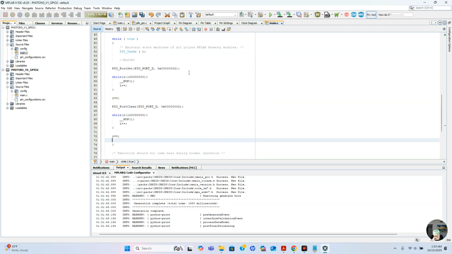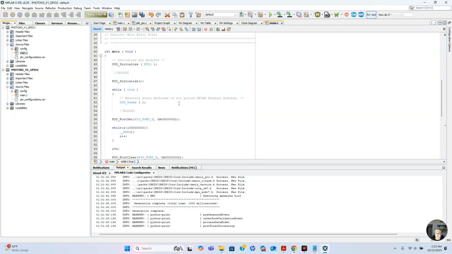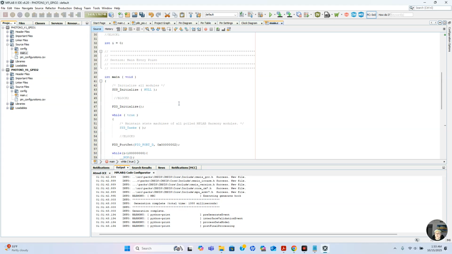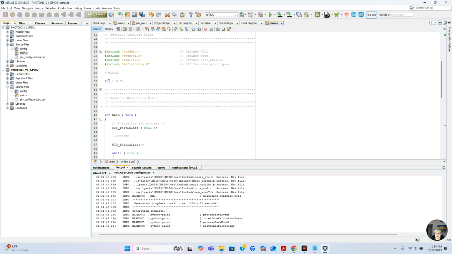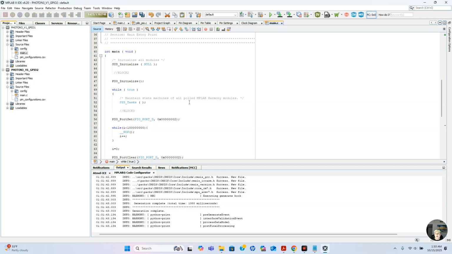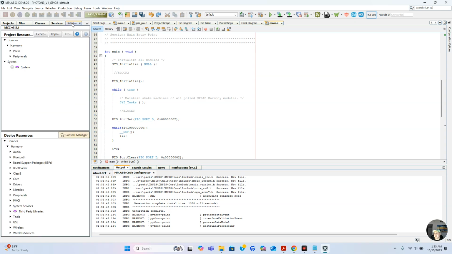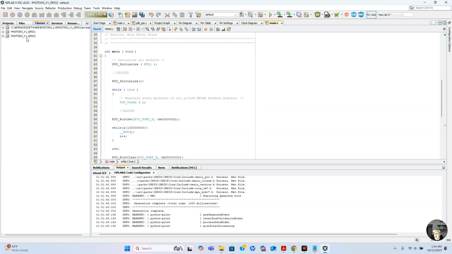Effectively speaking, what did we import? This is a counter variable, it's an integer. Enough said there. The PIO initialize function is actually in our classes, and then